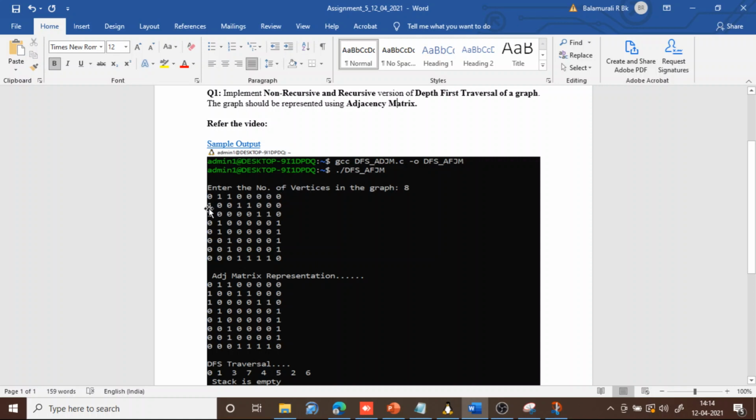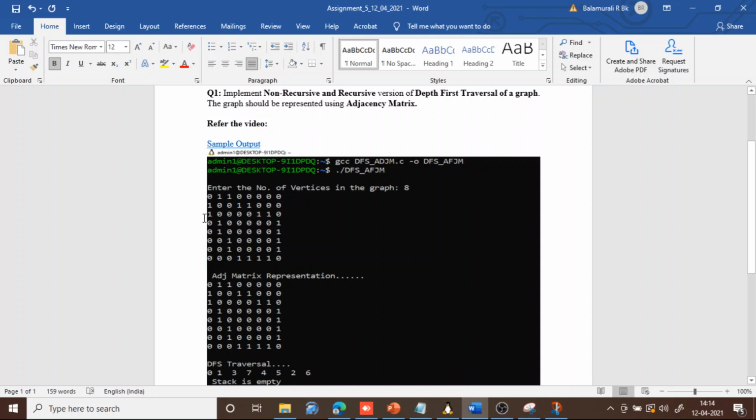If you take this, there is an edge from vertex 1 to vertex 0, and there is an edge from vertex 1 to vertex 3 and vertex 4. Vertex 1 doesn't have any other edges.